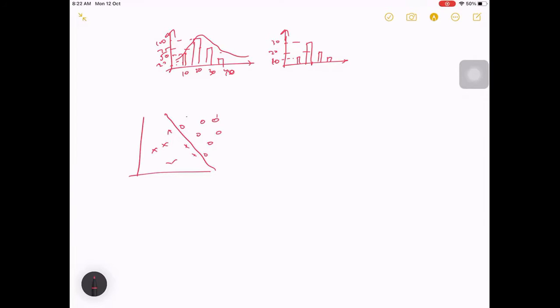This will be easy to classify, and this will be easy to classify. Those which are coming very near have more similarity between them, and these are comparatively very tough to classify. Let us assume that. In that case, if your test set contains some data here and some data here, these are very easily classifiable and your accuracy will be very nice.